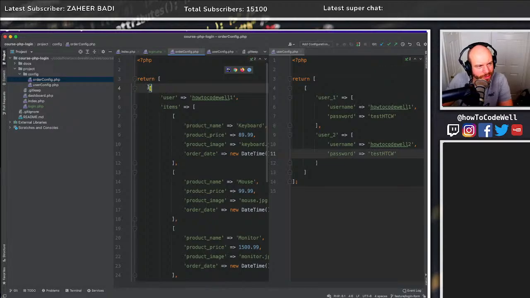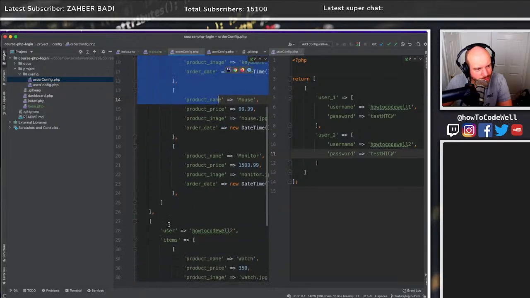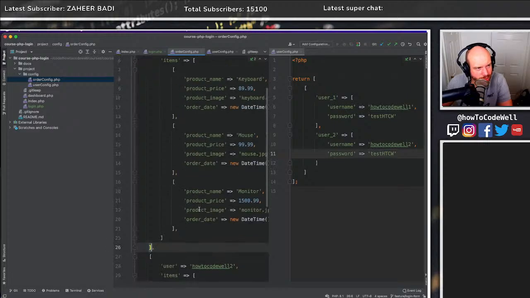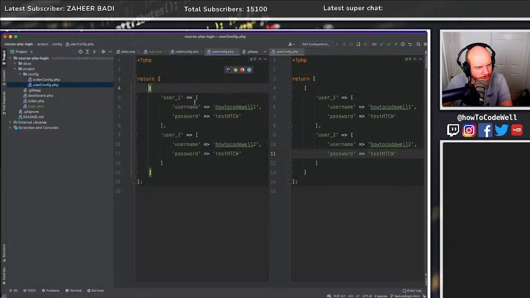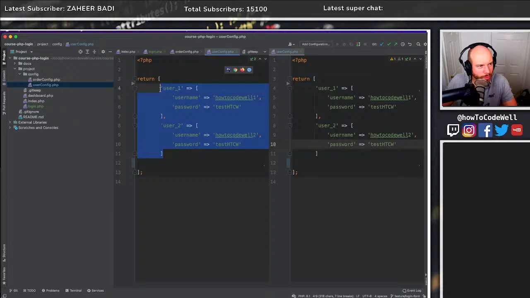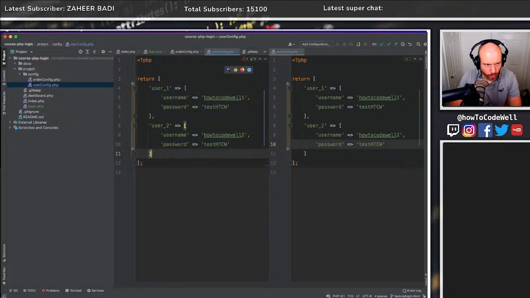Although the orders I can kind of appreciate because you would have multiple orders, but with the user config, do we need that? Don't think we do. We could just get away with, I mean, this is now me hacking this to bits, but could we not get away with that? I think we could. Because then all we need to do,